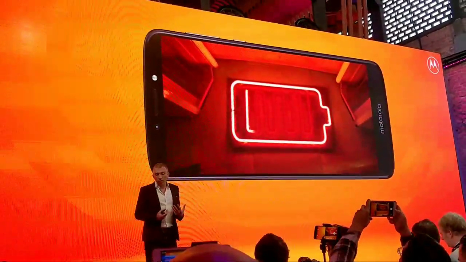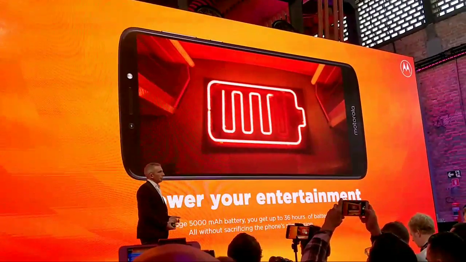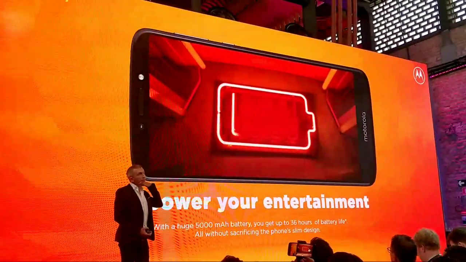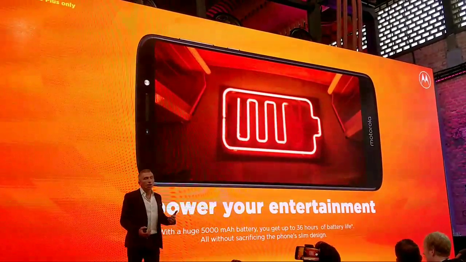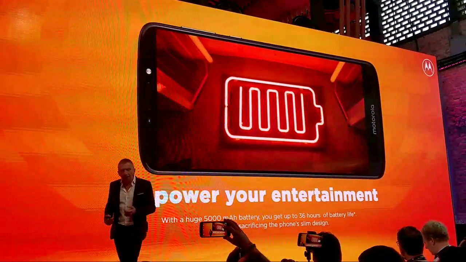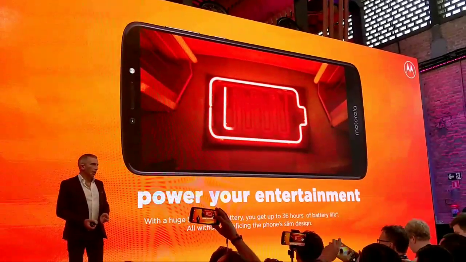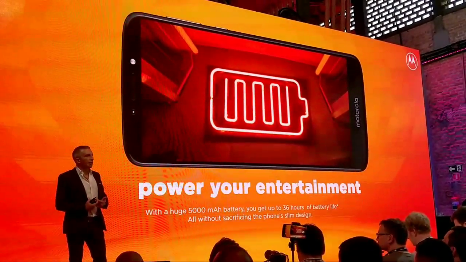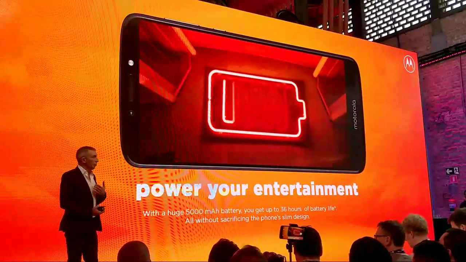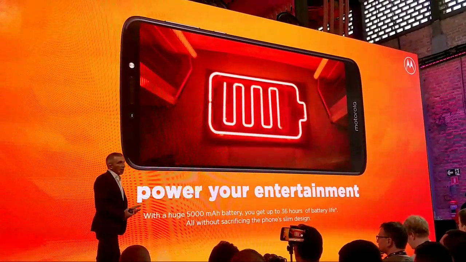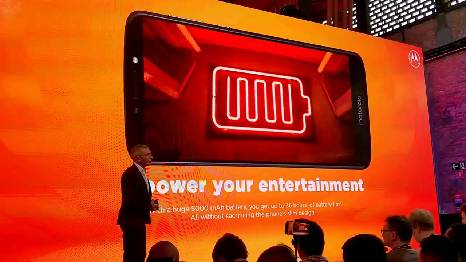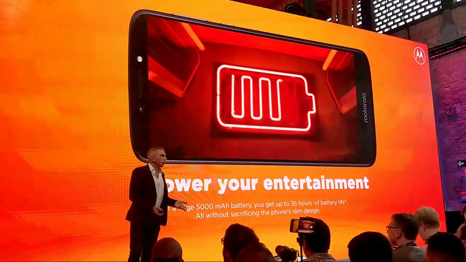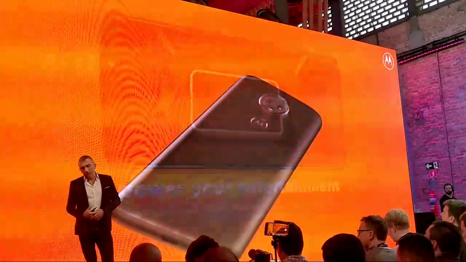And with that, of course, we wanted to do even more on the battery. A product like the E Plus comes with a massive 5,000 mAh battery. That means more than 36 hours of usage. And keep in mind, when I mention this time of usage, this is our lab test. This is very conservative. For me, using a device like that, I can pretty much use it all the time for more than 2 days without even charging it. So it's really unlimited entertainment at your fingertips.